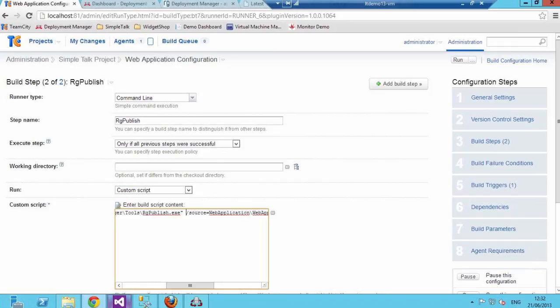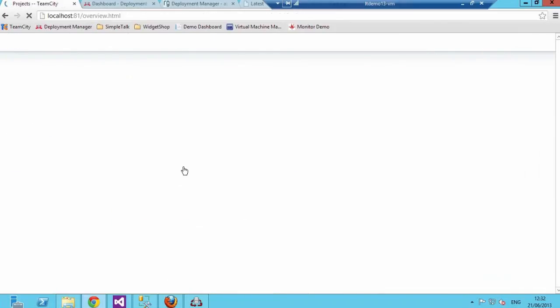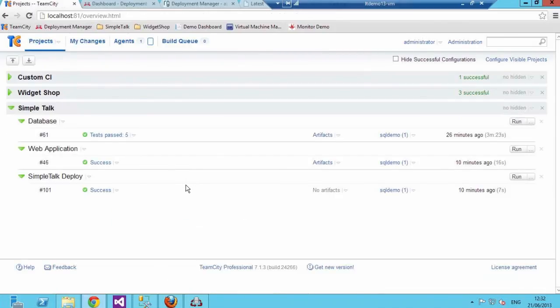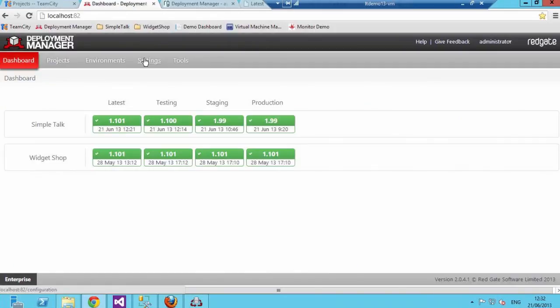And the final thing to show is, obviously, we've created the packages, but how do we actually tell Deployment Manager to deploy this automatically? You've been seeing that I've been making changes, and this latest environment's been updating itself. This is a really nice way to set it up, because it means that the team has got somewhere they can go and see the latest version of your software at all times. From a single commit of either the database or the application, you've got somewhere you can go and see the latest version. And that's really nice.